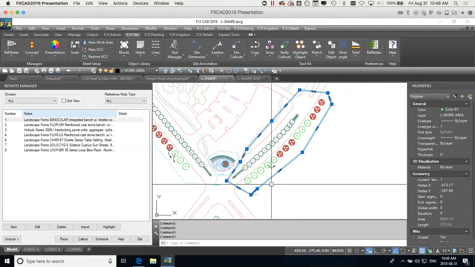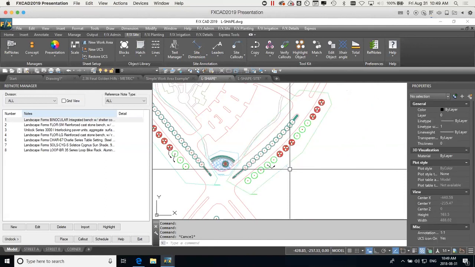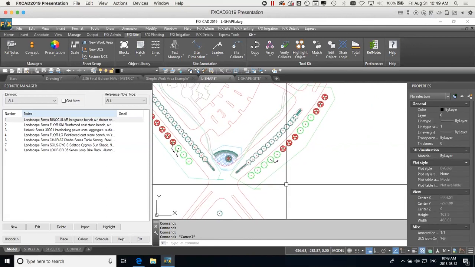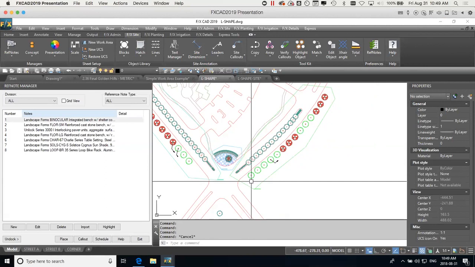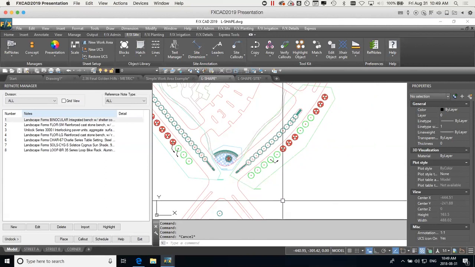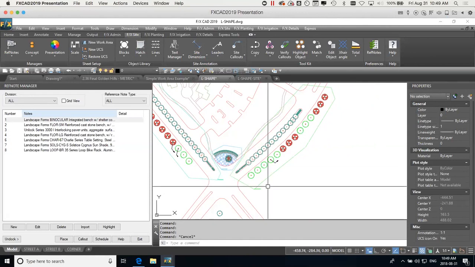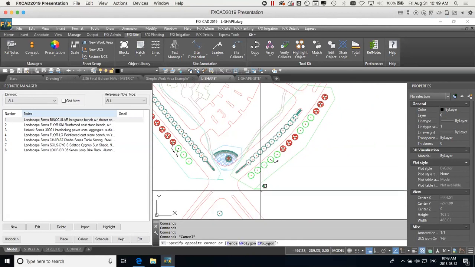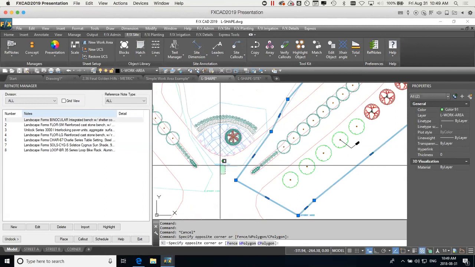It only recognizes that there's work areas in the drawing if it sees items on this L work area layer. So the best bet is to make a work area Xref itself that will Xref into both of these plans. So what I can do is just grab these work areas,